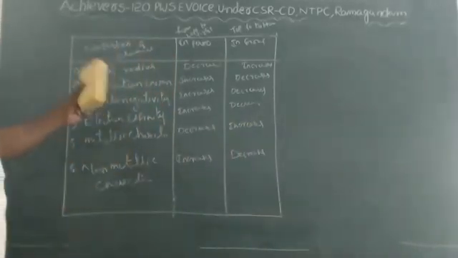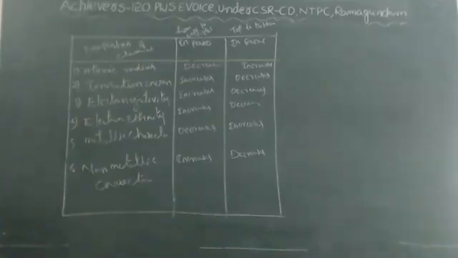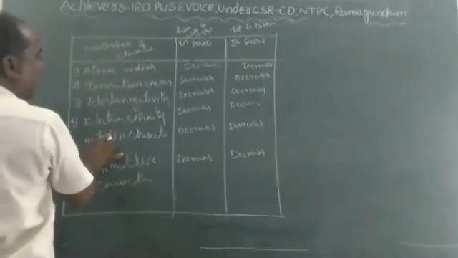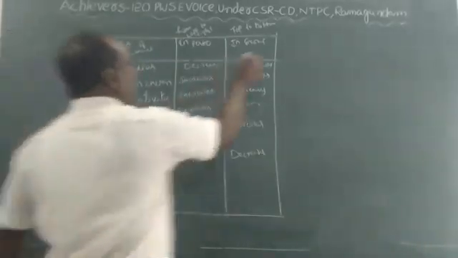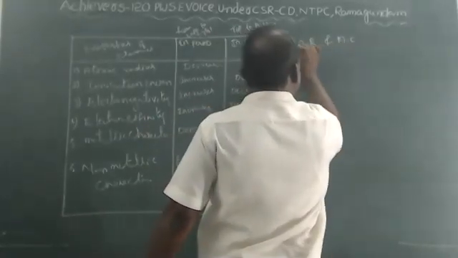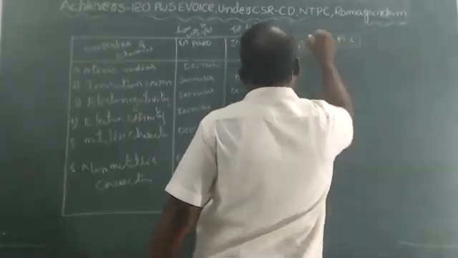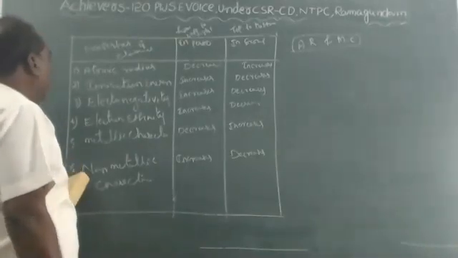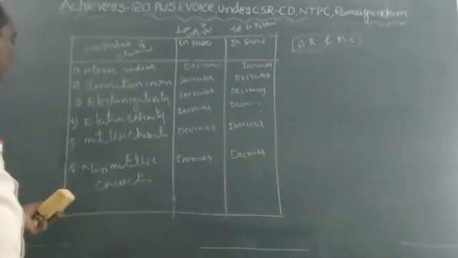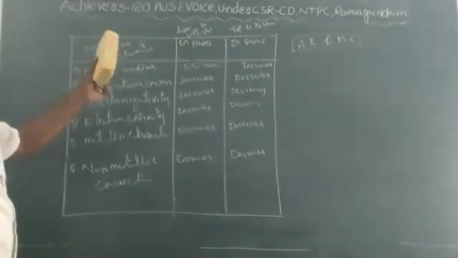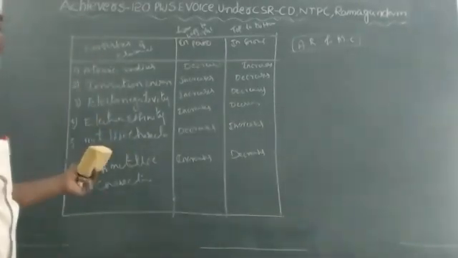So these are the important properties of elements in the periodic table. See, children, atomic radius and metallic character: these two properties change equally in a period and group. And the remaining ones, ionization energy, electronegativity, electron affinity, and non-metallic character, are equal to each other. So this is the table. Keep it in mind, children. It is a very important table.